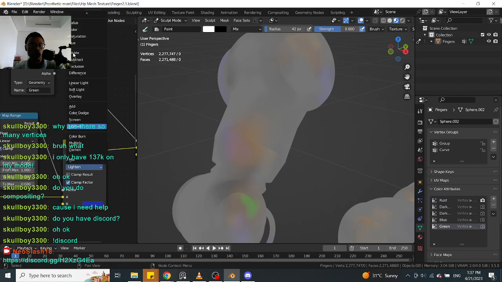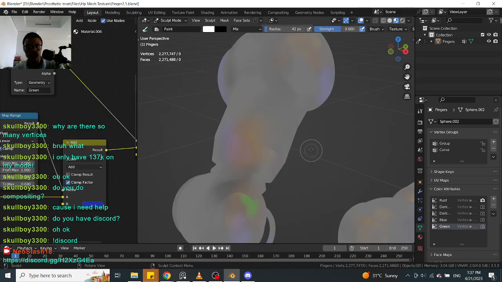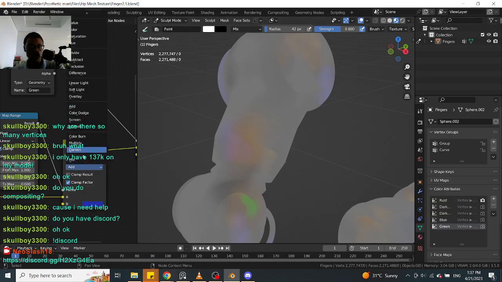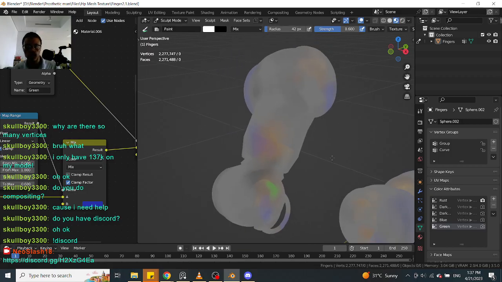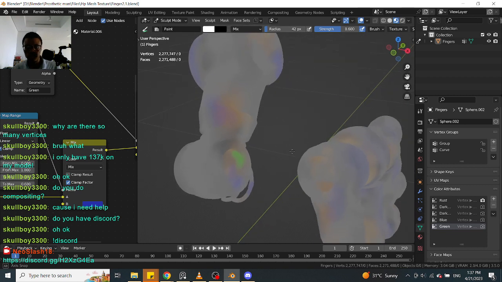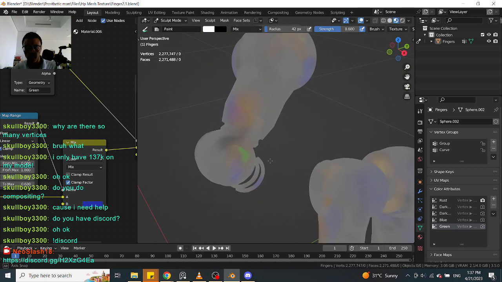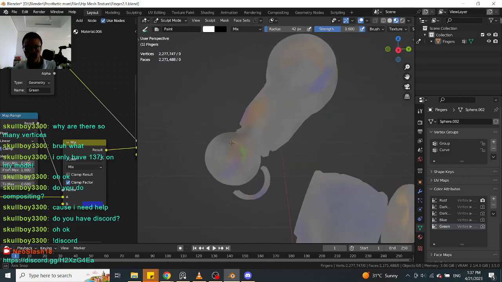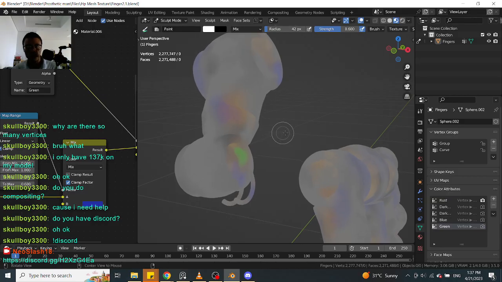I think mix just works fine. Let's just do add actually. Yeah, no, I think I'm just gonna stick with mix. It gives you that, probably. I just wanted this to have, I don't know, I guess